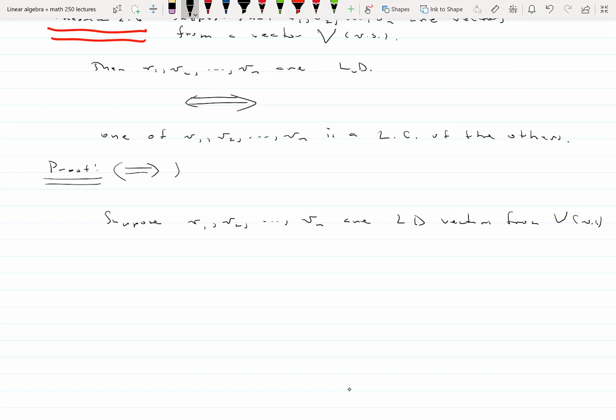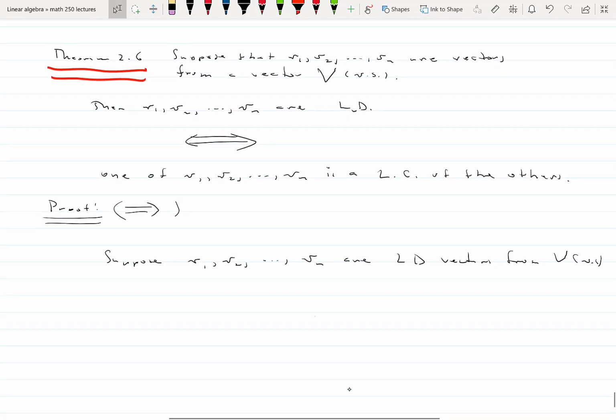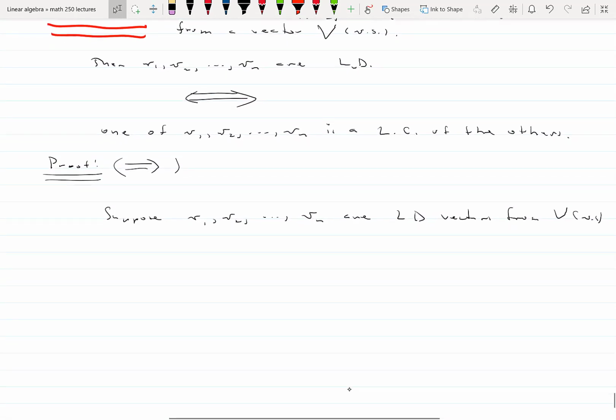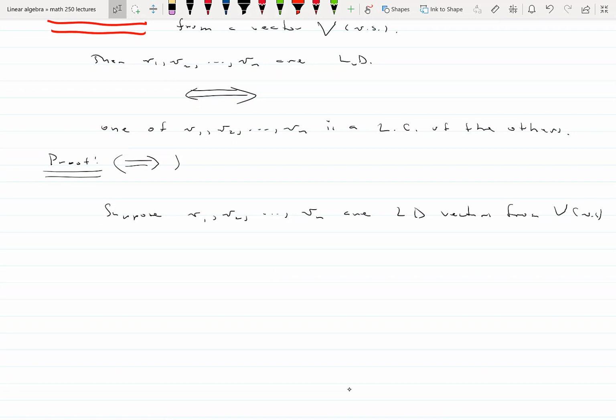I want to show that one of the vectors is a linear combination of the others. The definition of linear dependence says there exist constants C1, C2, all the way up to Cn, not all zero. That's the important part here. Not all zero, such that